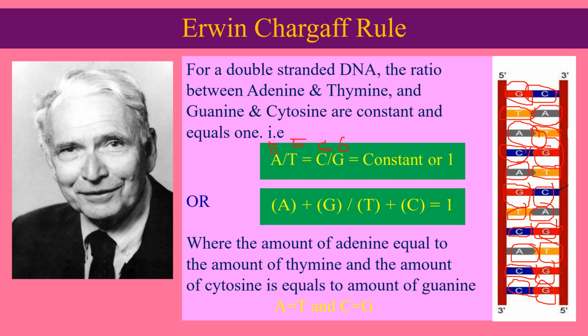Here the amount of adenine and thymine is equal and the amount of cytosine and guanine is equal, and their ratio of adenine and thymine, 5 by 5, as well as the ratio of cytosine and guanine, 6 by 6, is equal to 1. This is the Irwin Chargaff rule. Let's discuss some problems on